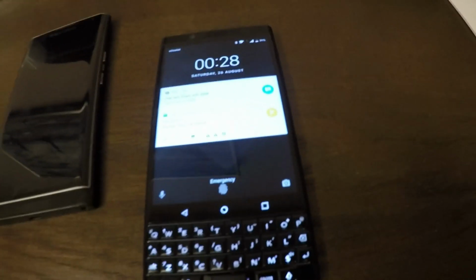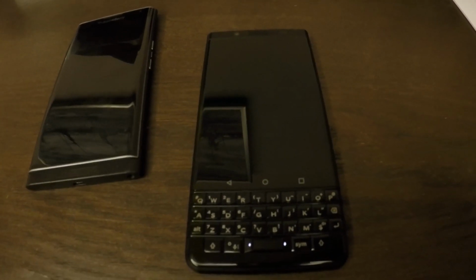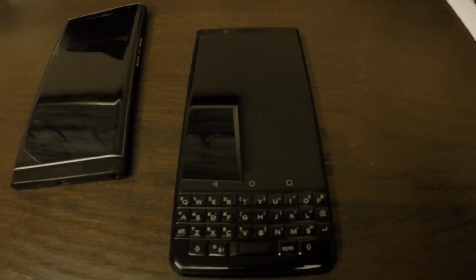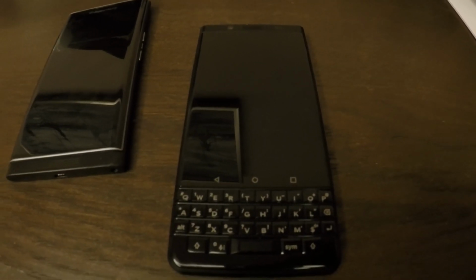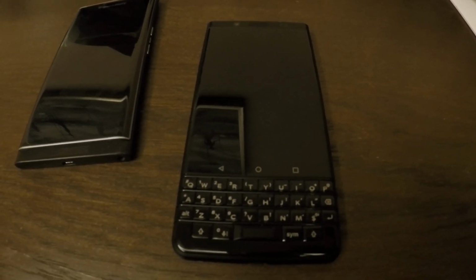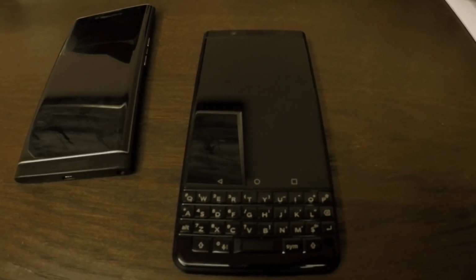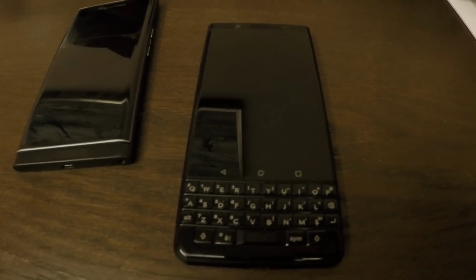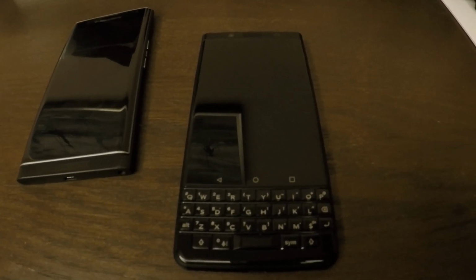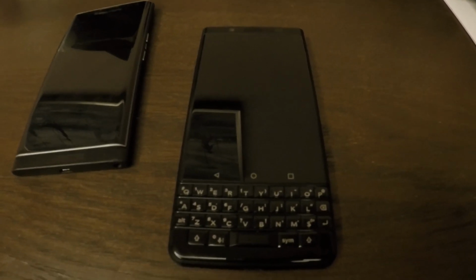And I definitely recommend this phone. If anyone's going to decide to get the Keyone, I suggest you go for the limited edition black version from India. I'm not sure when the global one would give you the upgrade, but it's not very difficult. If you find anyone you know there, just order online on Amazon India, and tell them to send it to you across to wherever you want. I'm sure a lot of people in the US and the UK would rather have this. I've seen people already complaining on the forums, like, why didn't we get this one first and this and that,